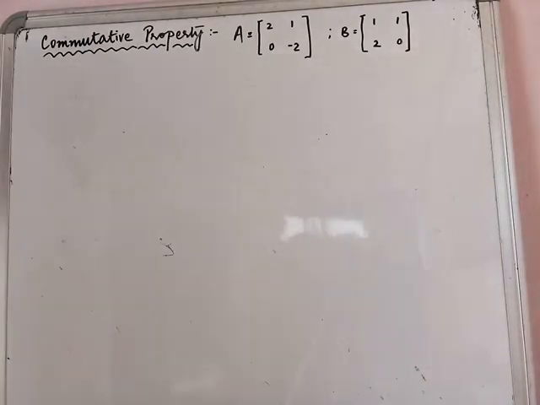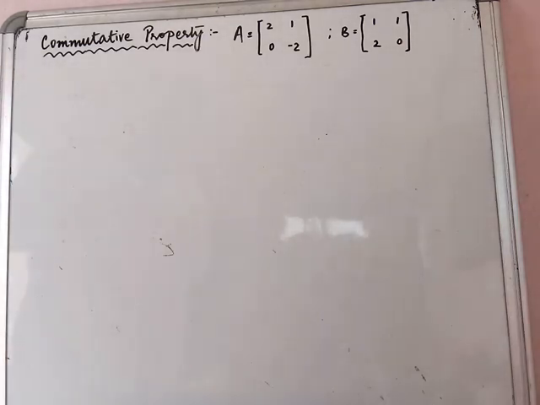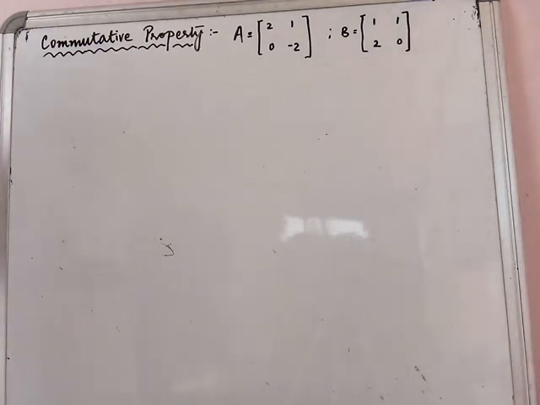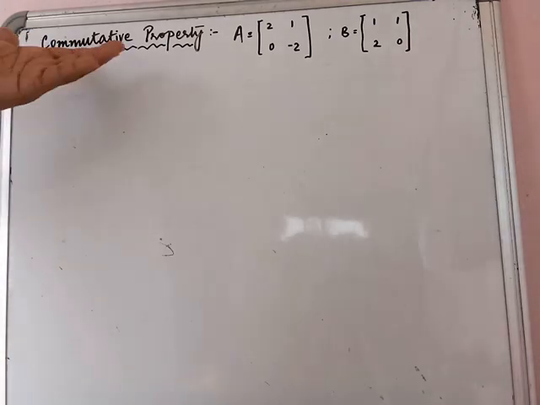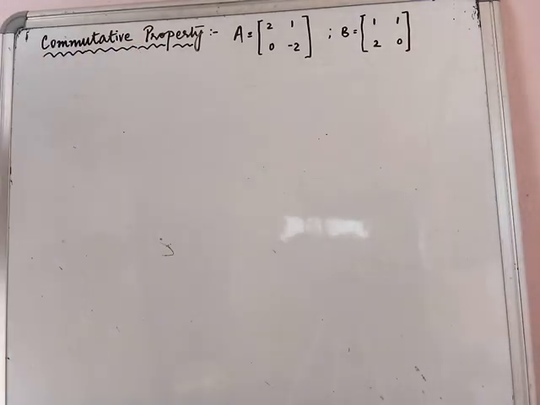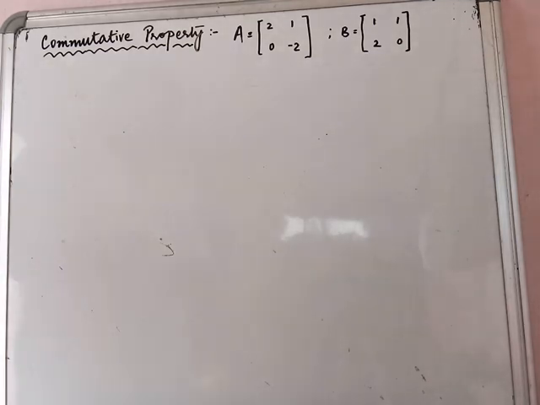Good morning, students. Once again, here we are with perhaps the last lecture as far as matrices are concerned. In this chapter we have studied the different operations on matrices: addition, subtraction, and most importantly the multiplication of two matrices. Now there is one very important property, or law, that we will study: the commutative property, or the commutative law. We will see if this law is applicable in the case of matrix addition, matrix multiplication, and so on.